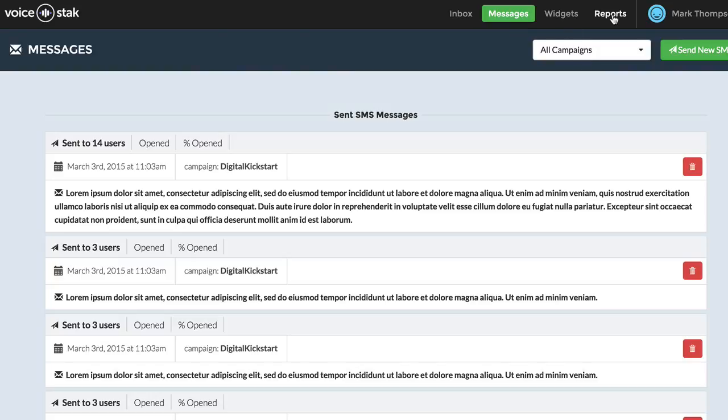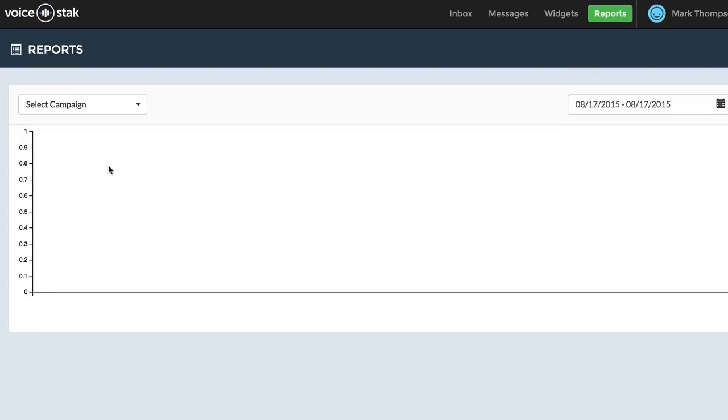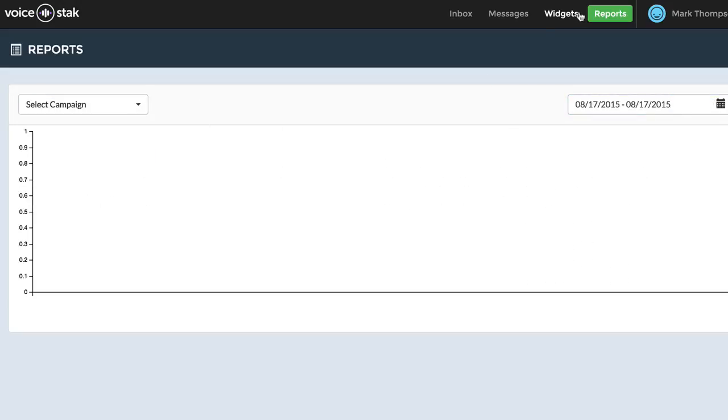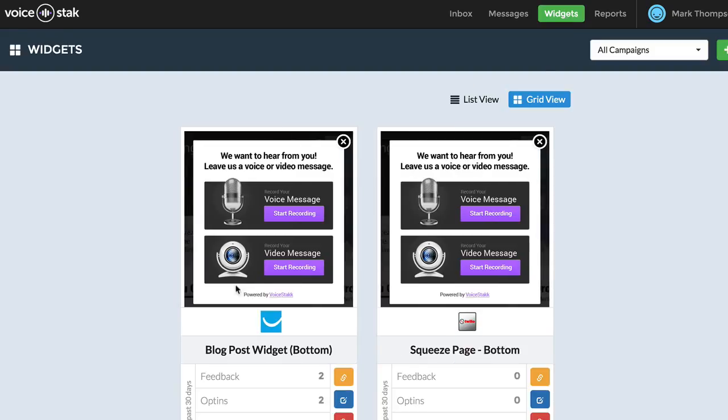Now, there's another thing you can do, you can click on reports, and as people start to opt in and start to send you messages, you'll be able to gauge your interaction and engagement right from this screen. So you'll be able to choose your date range. You can select a specific campaign, and you'll be able to see your reporting. As you can see, guys, it's very simple to set up. Here's just a few widgets that I created quickly. You can see the number of clicks, unique clicks, the number of opt-ins, and the number of people that have actually given feedback. Okay, and so this is obviously great for collecting testimonials,